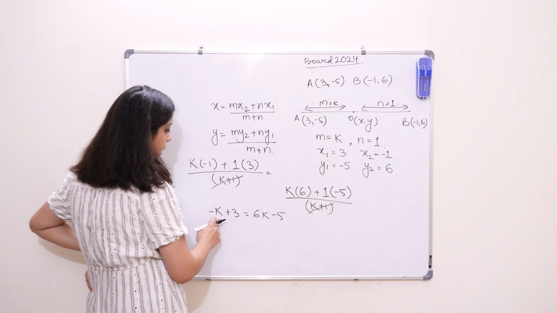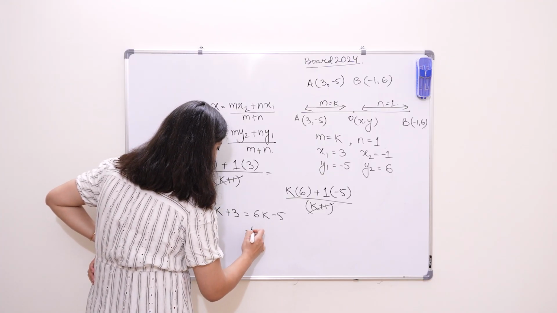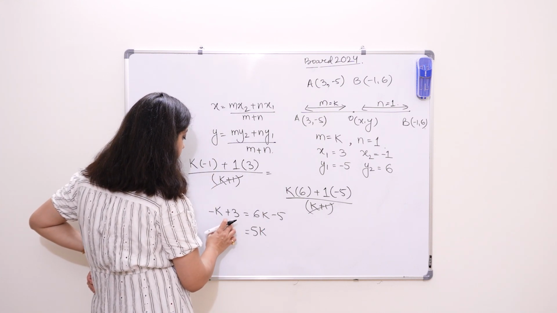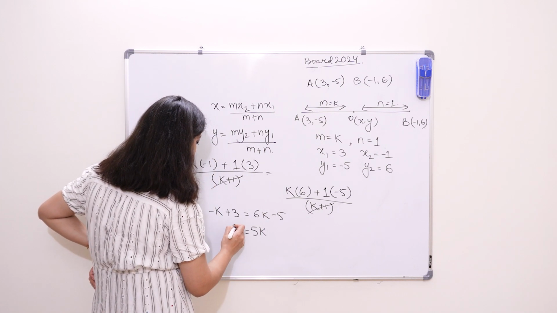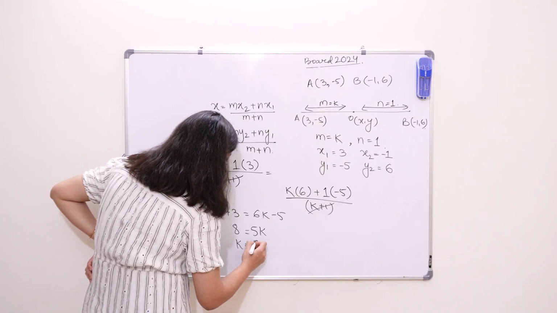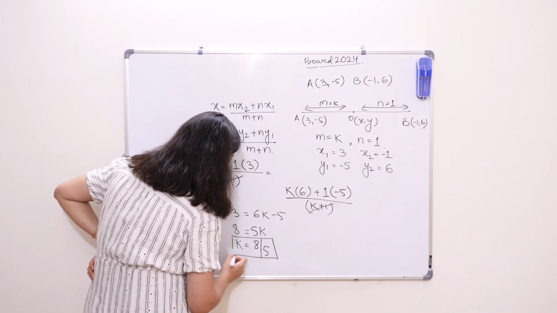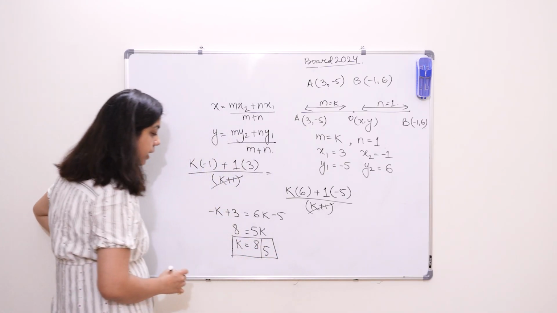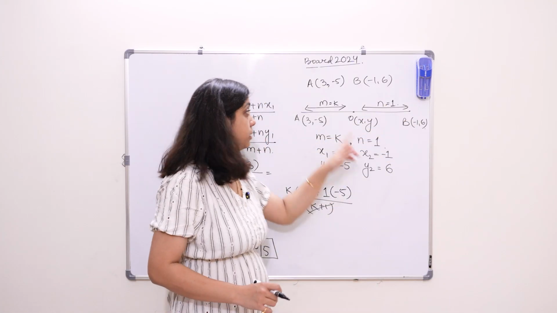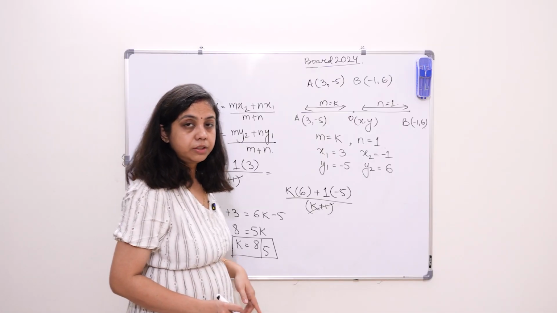तो अगर मैं इस माइनस के को उस तरफ लेकर के जाऊं तो दिस विल बिकम 5k एंड इस माइनस 5 को इस तरफ लेकर के आऊं तो 5 प्लस 3 बन जाएगा 8, which will give me k is equals to 8 by 5. राइट मतलब दूसरे वाले पोर्शन को तो हमने 1 कंसिडर किया था, द k वाला पोर्शन कम्स एज 8 by 5. राइट